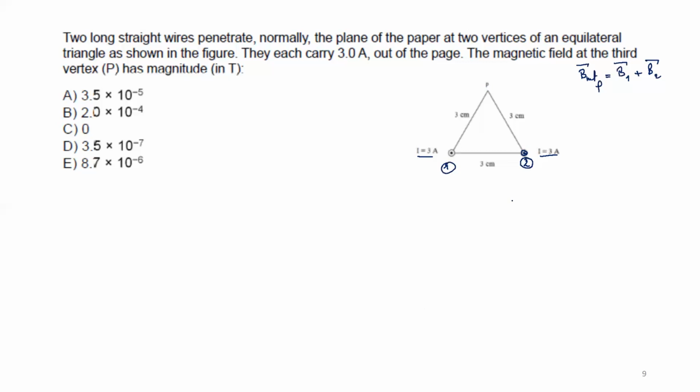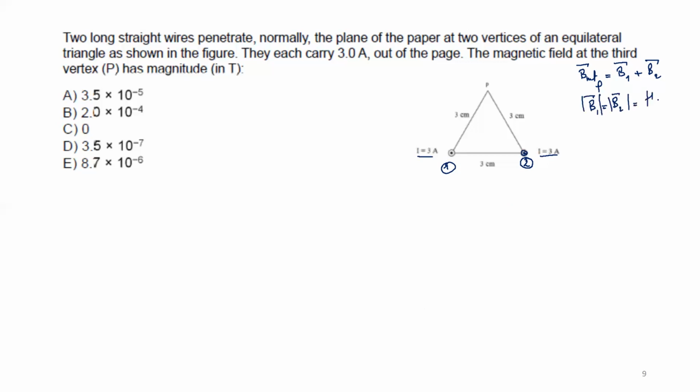So you know that the magnitude will be the same, right? How do I know that the magnitude will be the same? Because the current is the same and the distance is the same. So in magnitude, B1 is equal to B2, and it's equal to